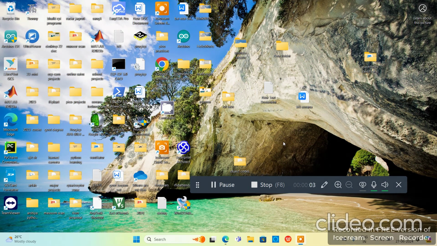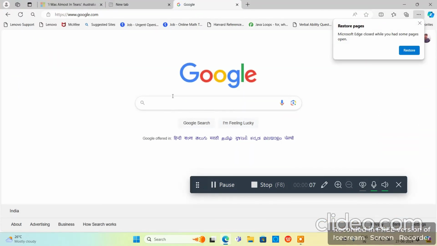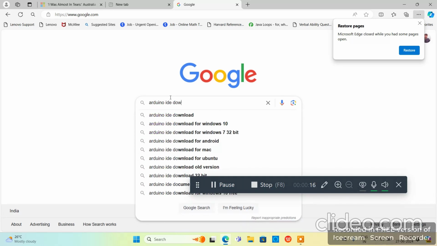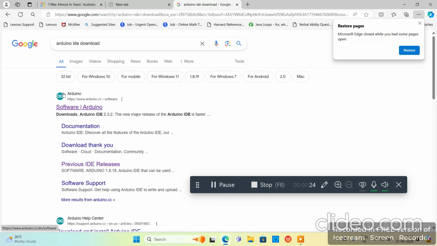Today we will see the installation of Arduino IDE. Just go to Chrome and type Arduino IDE installation or download. It's very simple. Arduino IDE download in Chrome. You will get better results once you search in Google. The first website you will get is arduino.cc. Use that website,